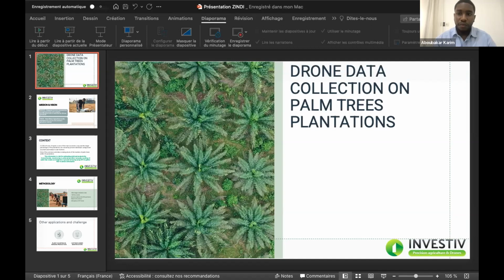One of the common activities on those plantations is to estimate yield by counting the plants. But usually they do it manually, and it brings a lot of errors.